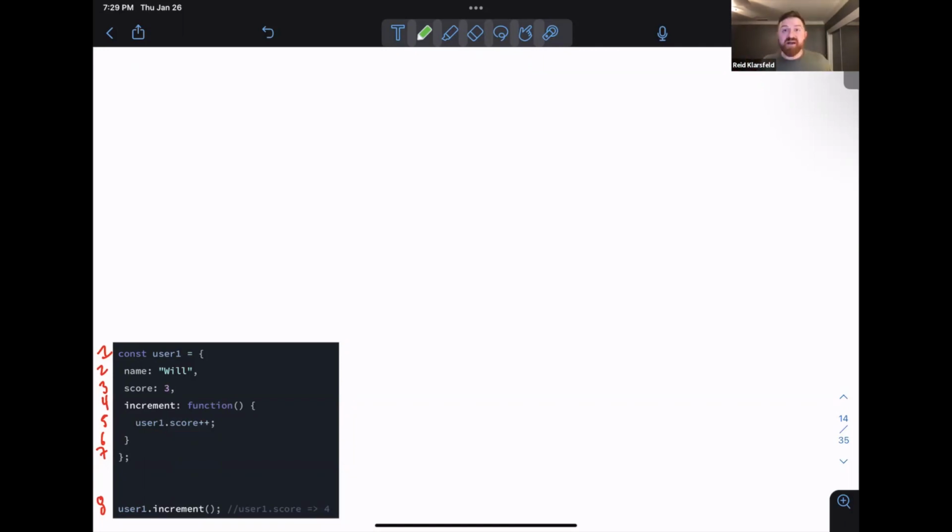Now, before we dive into that, I need to set up my board. For those that have been here before or been to a hard parts, you're going to be familiar with this. For those that are new, just pay attention because you're going to see how the space on the board will be utilized as we diagram and go deep into object-oriented programming and classes and prototypes. So first things first, we mentioned this earlier, but let's go with Jason P